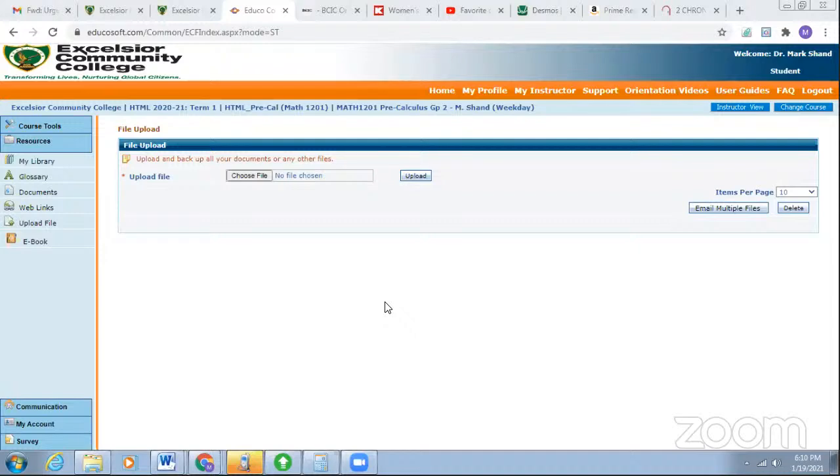Go ahead, please. So you're saying when we log into EducaSoft and we go to assignments, the assignment is going to be on the top. We're going to select it and do both section A and B, with working out, not rough work, proper working out. After we present it on the assignment section, we go to upload file and present our proof of working out. That's what you're saying?